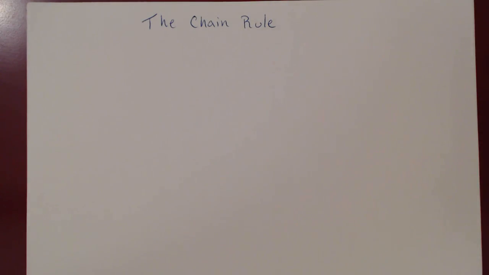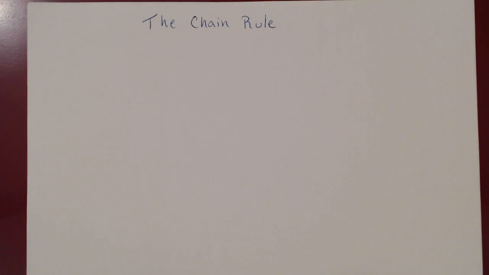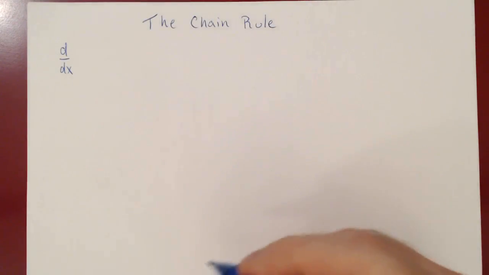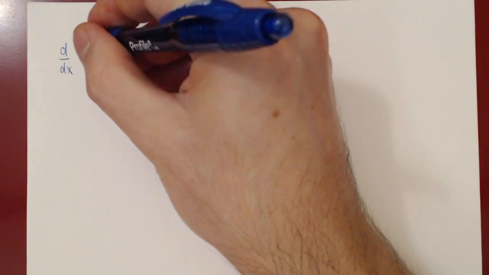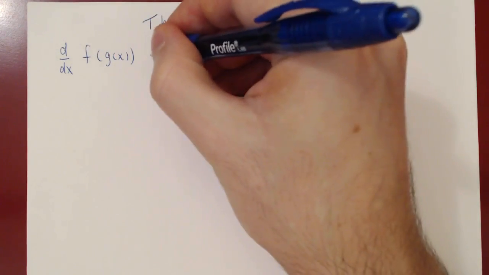Okay, so in this video, we will be looking at the chain rule. This will be our last rule of differentiation. And the chain rule tells you how the derivative behaves over a composition of functions. So here's the result. The derivative with respect to x of the composition f of g of x is equal to